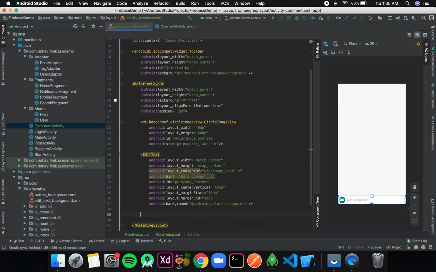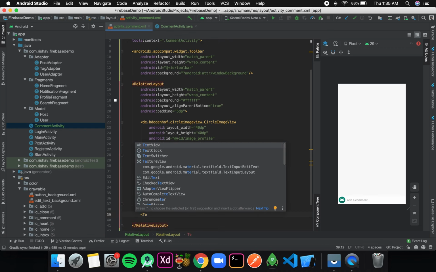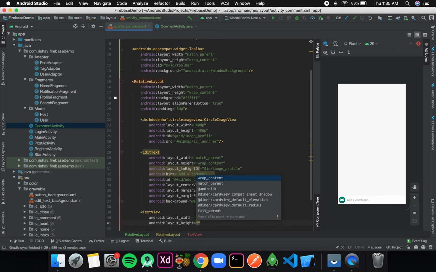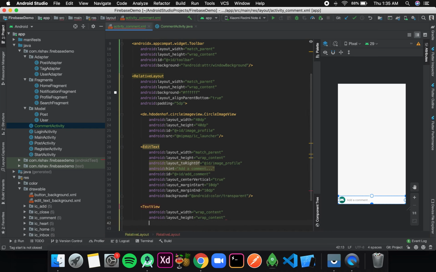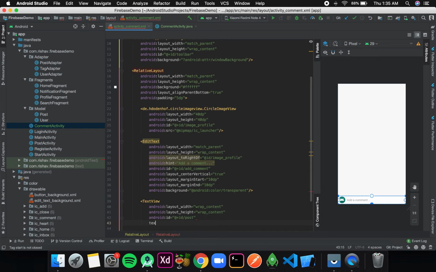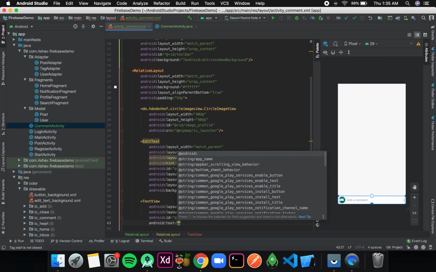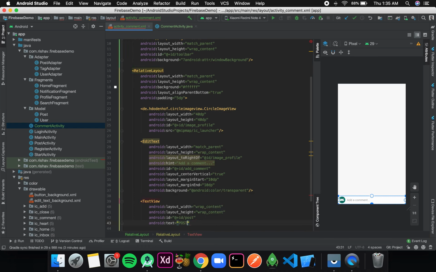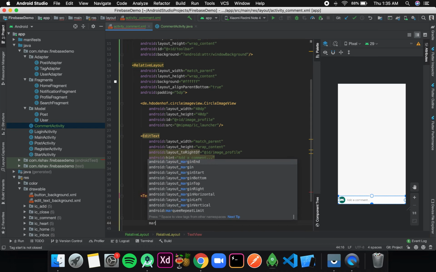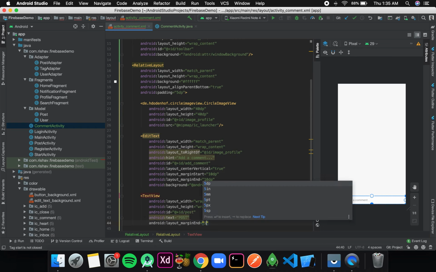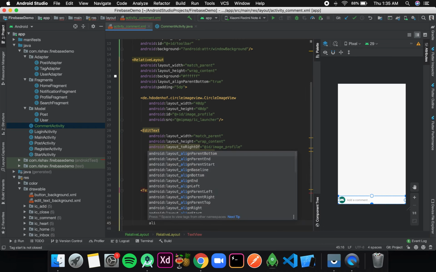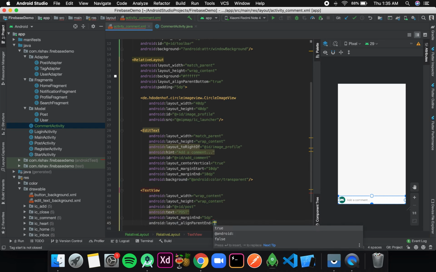Now after this I'll have another TextView. The height will be wrap_content, width will also be wrap_content, its id will be post. Its text will be "Post", margin end is 5dp. And I also need to align it at parent end, so true.